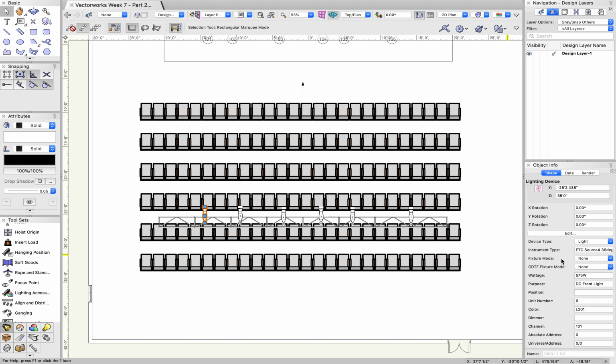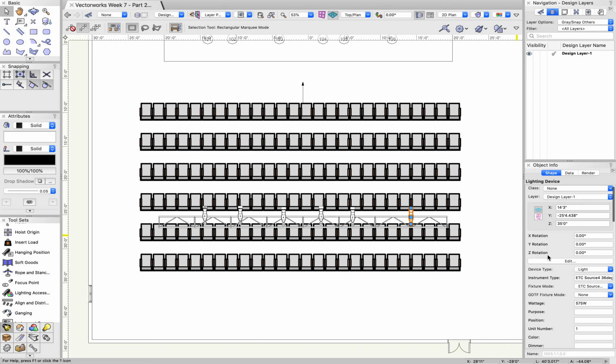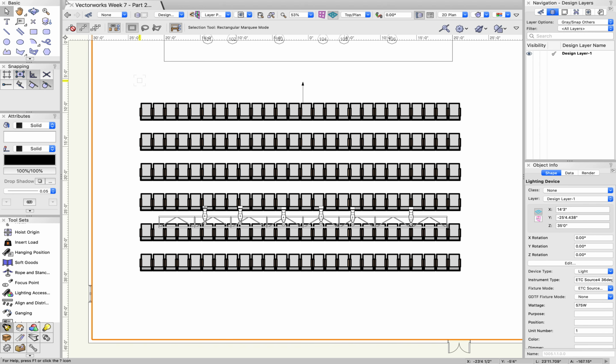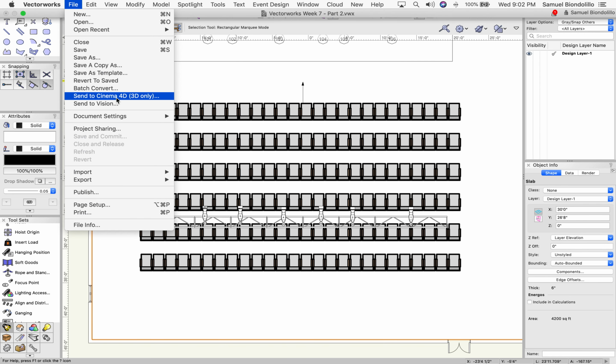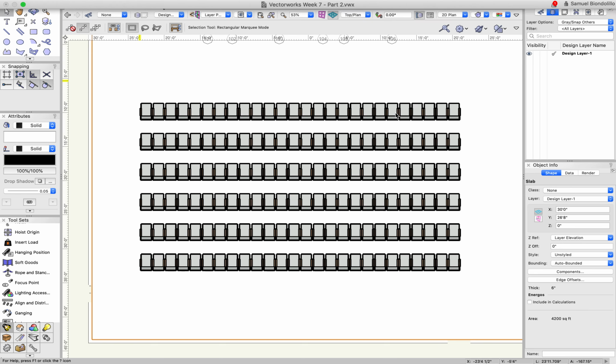So this mode should actually say 36 degrees. Make sure your fixture mode is correct. I thought I had double checked that before starting the video, but this will be a good thing because this could happen to you too. If it doesn't have a fixture mode associated with it, then it won't export to Vision correctly. So I'm just going to go through and make sure the fixture mode is ETC 36 degree, which will correspond with the light itself. So now, if I hit File, Send to Vision,